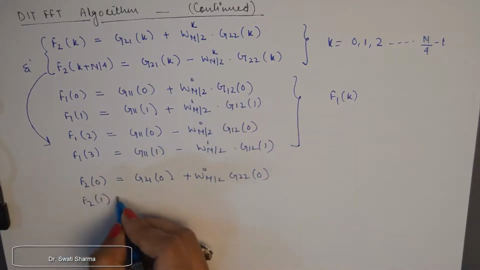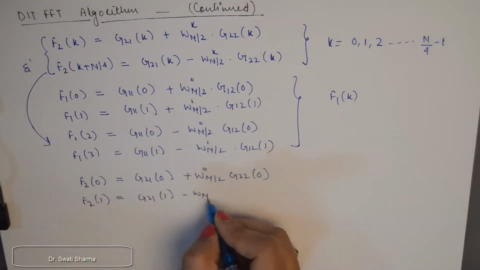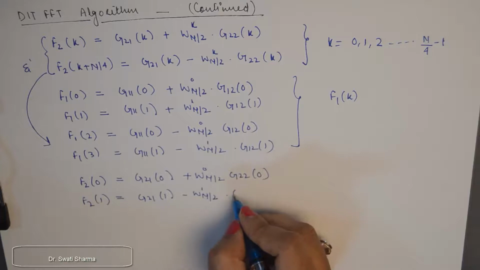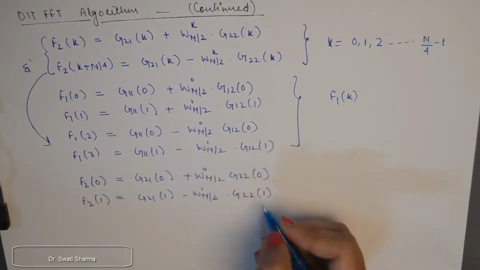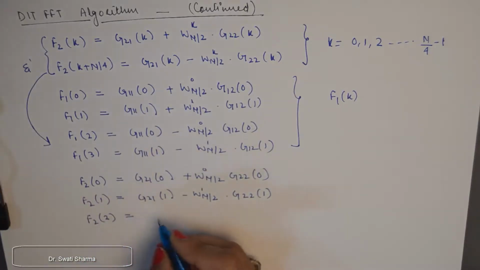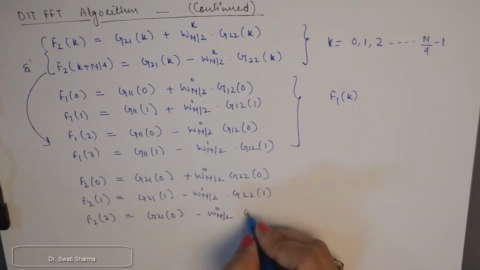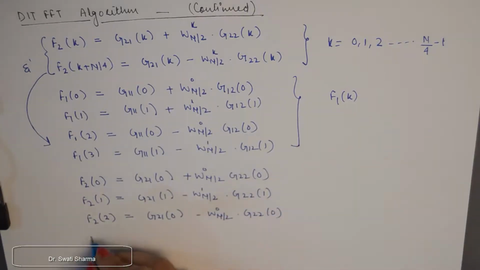Next, f2 of 1 will be equal to g21 of 1 minus wn by 2 1 into g22 of 1. Quickly I'll write down the next 2 values. f2 of 2 will be g21 of 0 minus wn by 2 0 into g22 of 0, and the fourth and the last sample value of the sequence f2 of k, which is f2 of 3, becomes